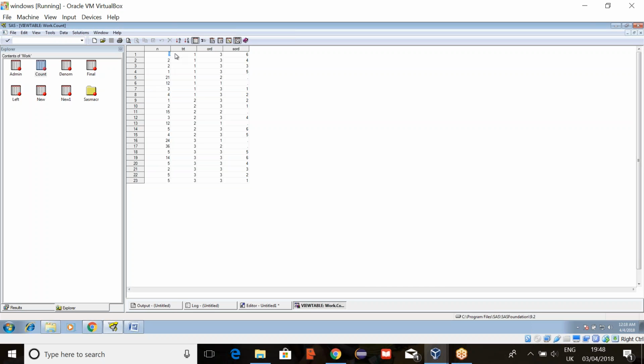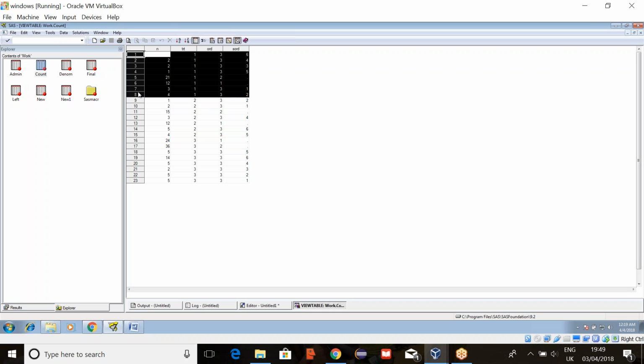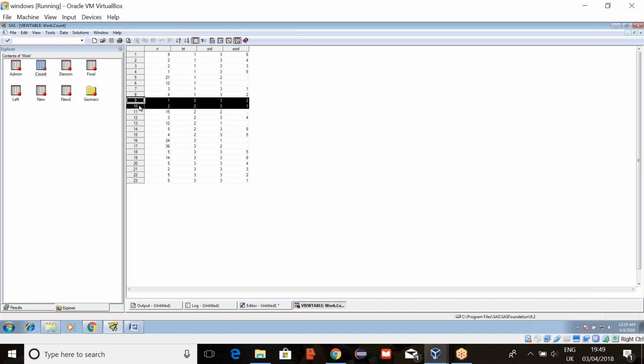Here, capital N, by which number will you divide? The total, but only the total for treatment 1. Again, you should not mix, right? These values we need to divide by how many subjects are there in that treatment, and from the ninth observation until 15, we need to divide by some other number, 20.